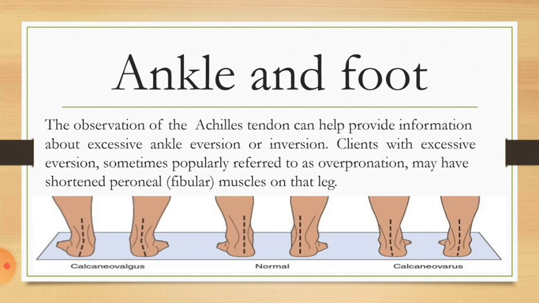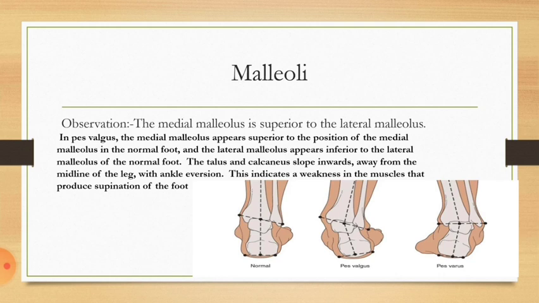In this picture we can illustrate. The second picture is normal posture. First and third indicates calcaneo valgus and calcaneo varus. Observe variety of shapes of Achilles tendon, position of calcaneus, position of ankle joints itself and foot position chosen by patient when undergoing postural assessment. In calcaneo valgus and calcaneo varus, you can easily see malleoli.